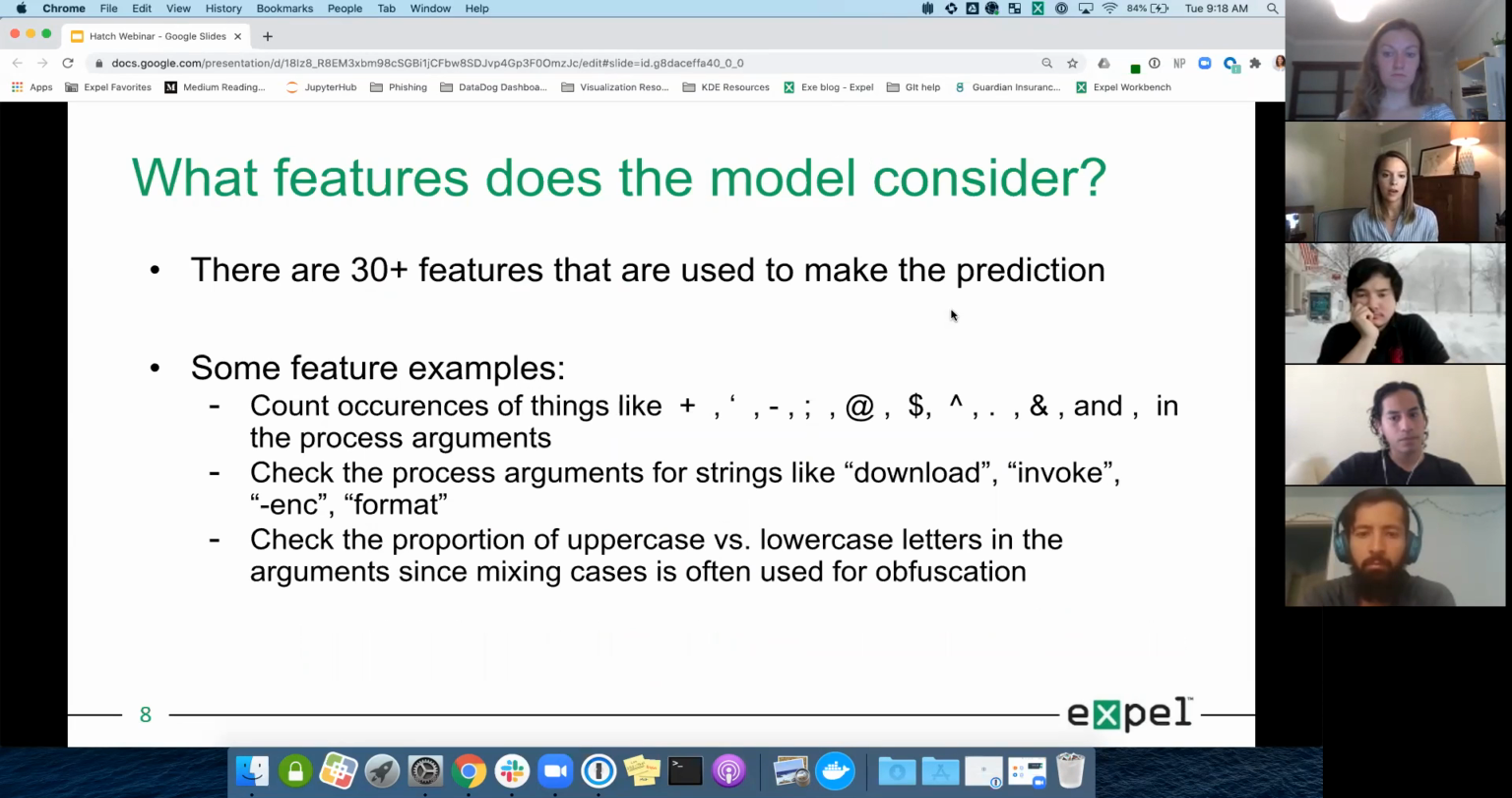And then another one is just proportion of uppercase to lowercase letters. And that again just goes back to the obfuscation thing, where sometimes if it's a really high mix of cases, that can be an indication leaning towards the malicious side of things. So again, we take those process args, we extract all these features out, and then